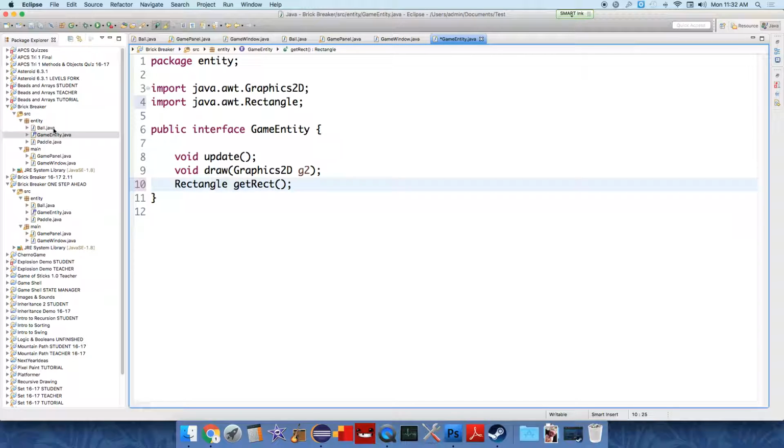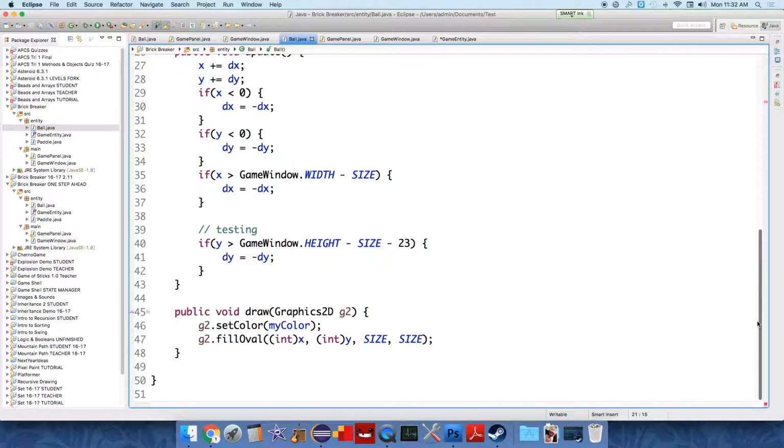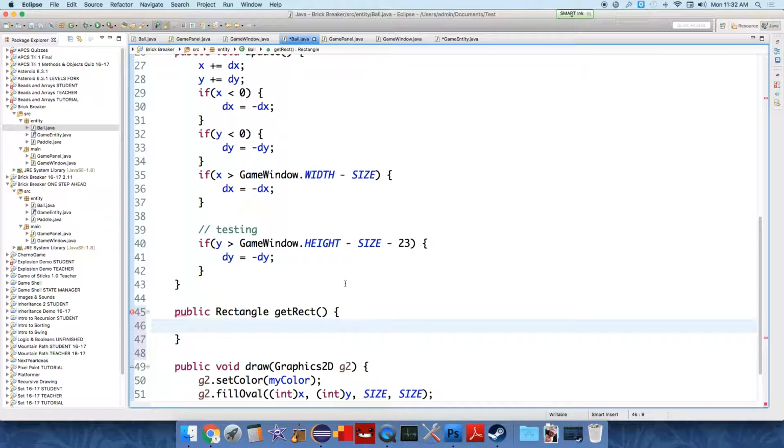So now, because we added that method to the GameEntity class, we have to implement it. You can see that the compiler is upset with us at this point because we haven't said getRect is one of the methods in the ball and paddle class. So public Rectangle getRect, and now the idea of this is that it's going to return a rectangle object that represents the position